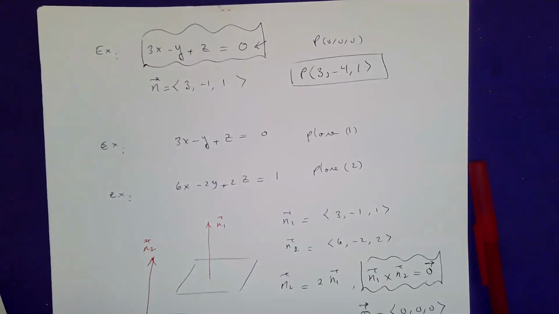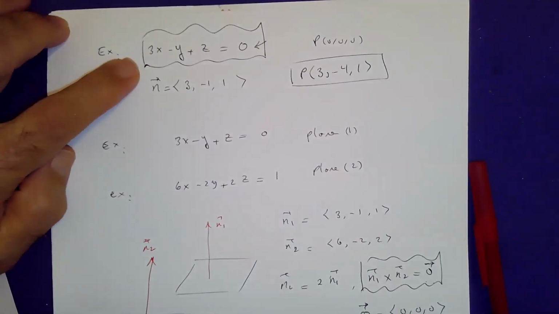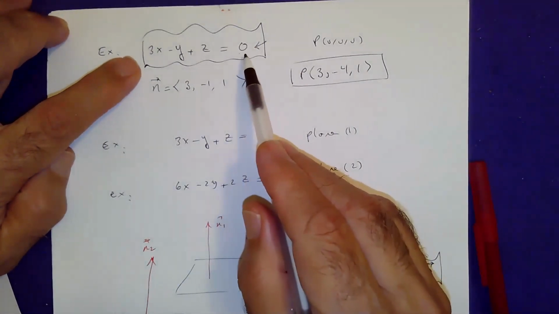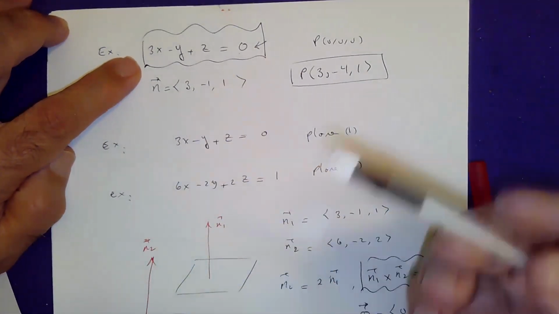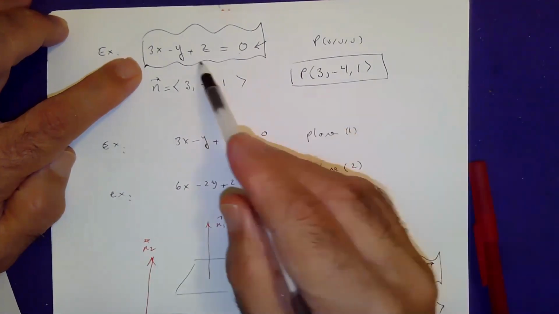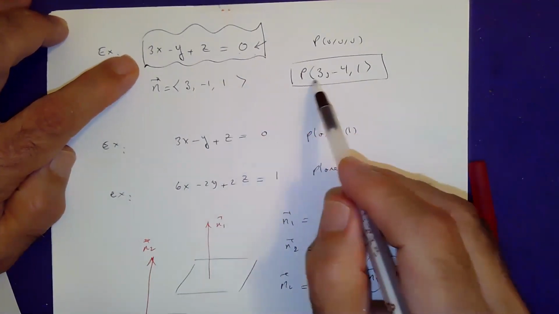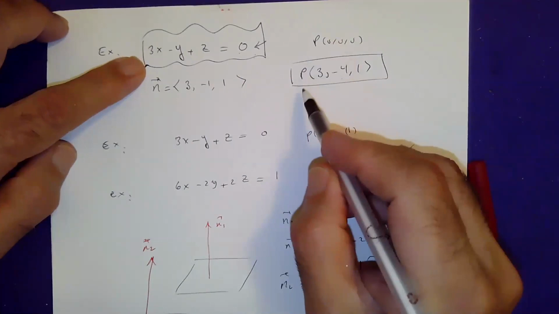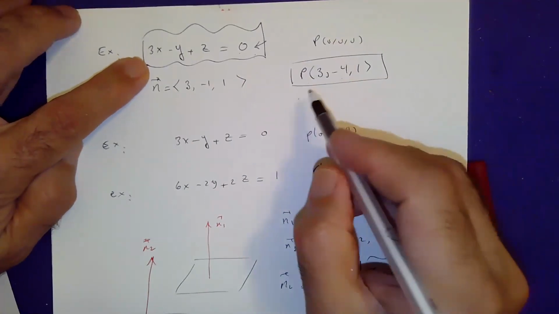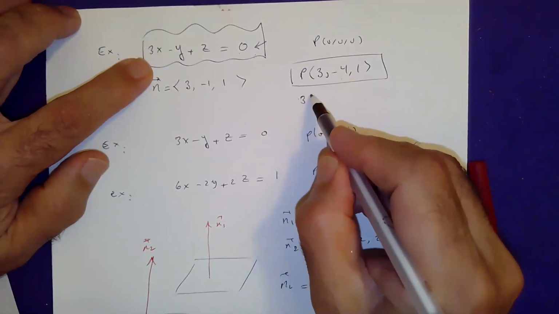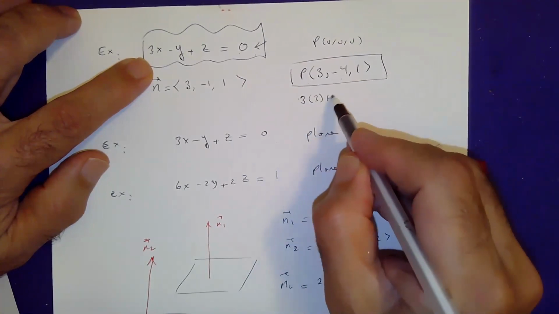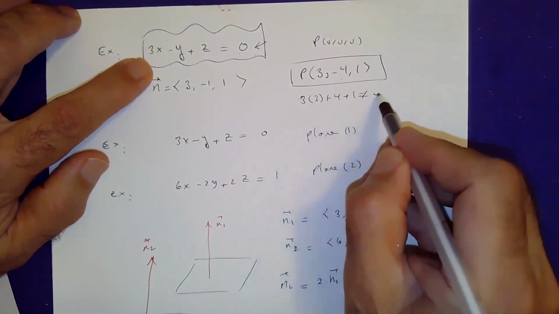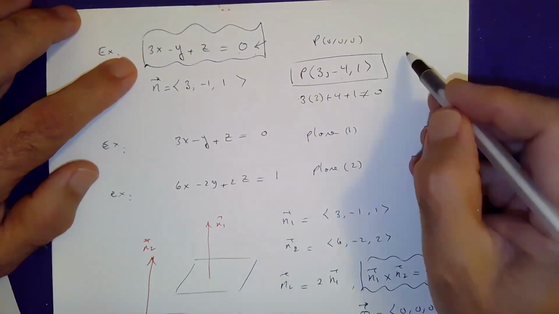Do you plug in the x, y, and z values, and then they should equal 0? Excellent. So to pick a point on the plane, you need to what? Let's say if I give you a point, as you said it correctly, so this should be like what? 3 times 3 minus 4 plus 1, that ain't gonna add up to 0. This point is not on the